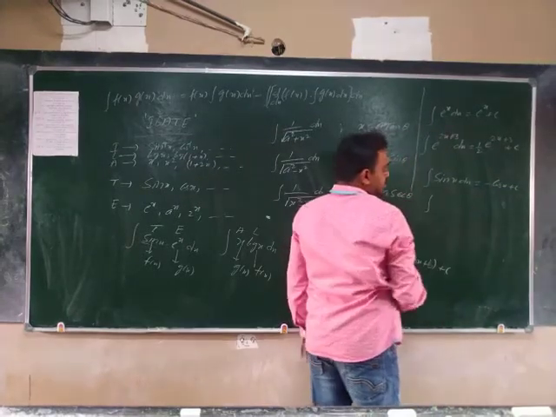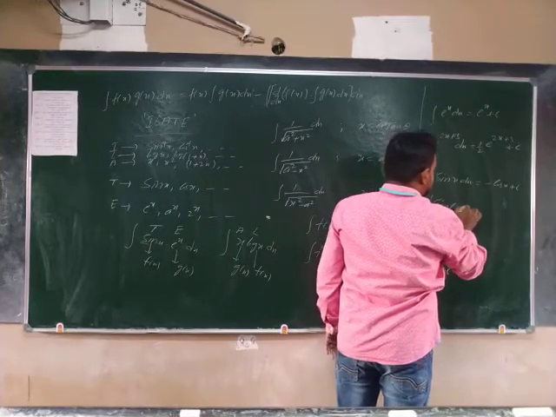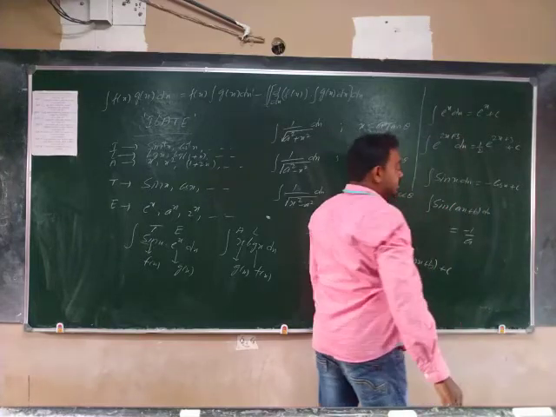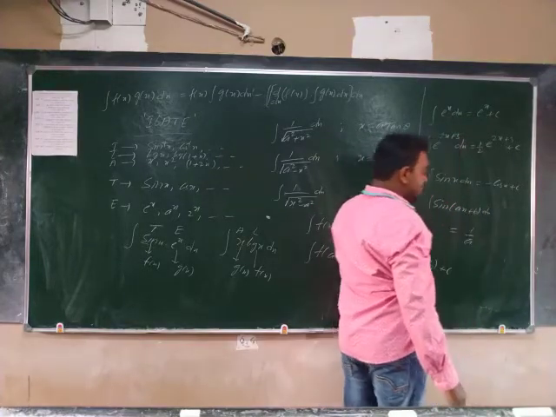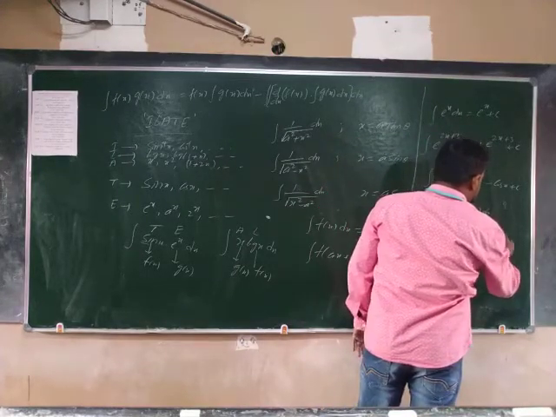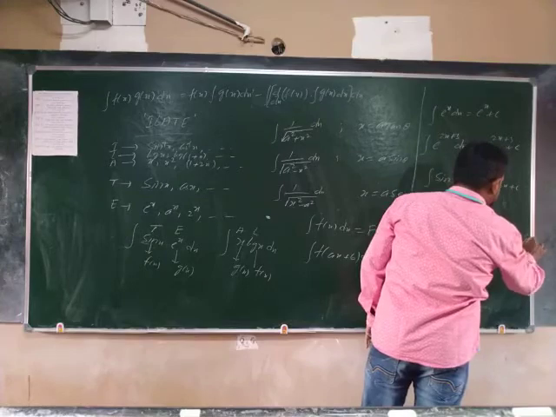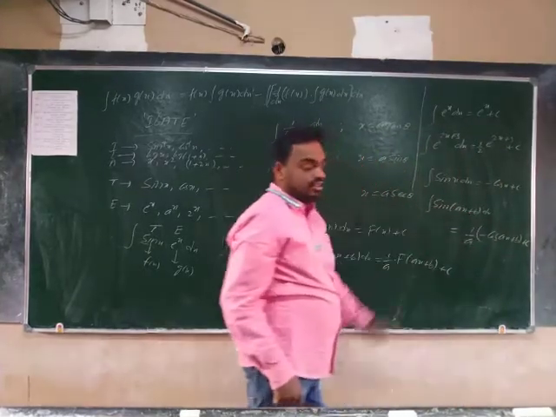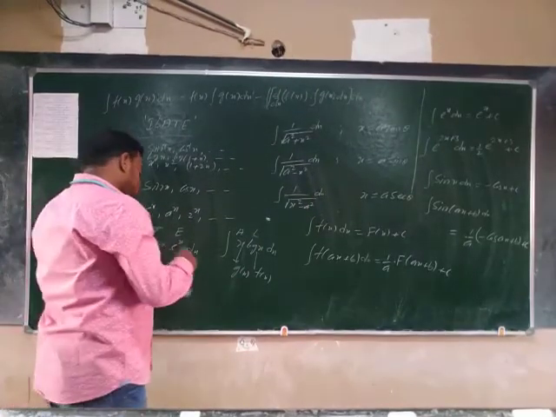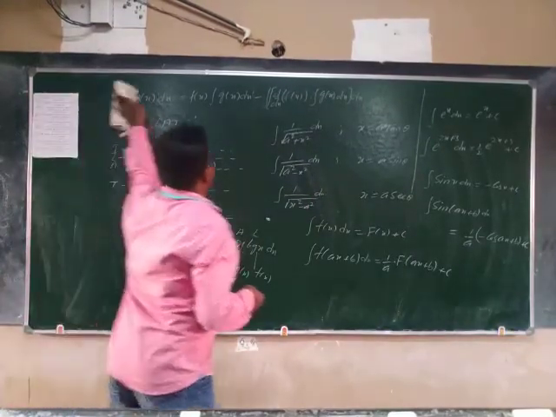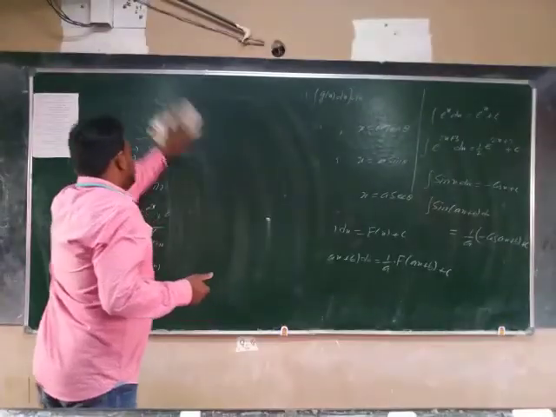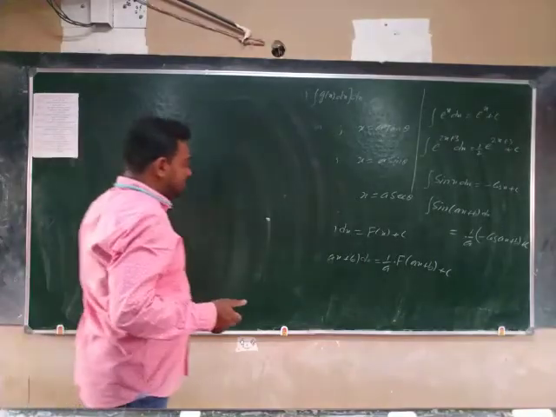Now integration of sin of ax plus b dx is equals to what? What do we write first? Minus 1 by a. You write minus 1 by a, then cos of the same angle, ax plus b. Like that you write these formulas. So all the standard formulas, we write with the ax multiple also.